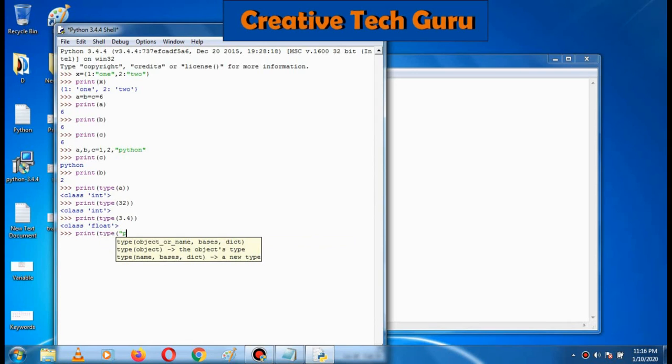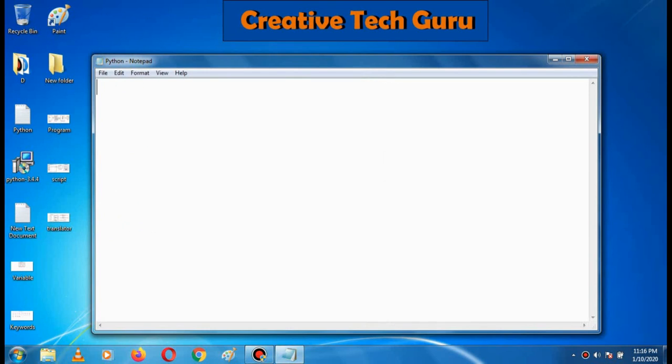For example, now I am giving Python, so it is showing string. The same way, by using the type keyword you can find out which data type it belongs to. In Python there are different data types.